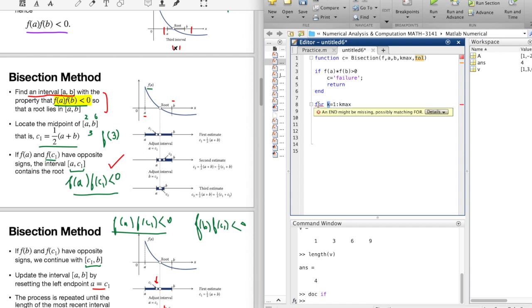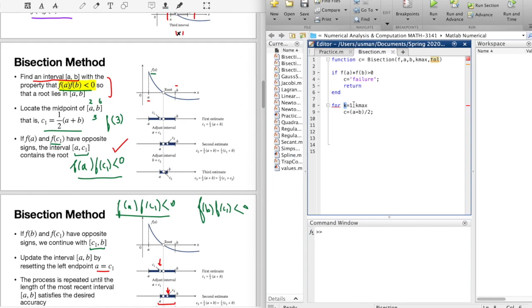It is reminding us that we have to use the end statement to close it also. As we have talked earlier, if we use any of the if else statements or the for or while loop, we have to use the end statement to finish them. That will start from the value of 1 and can go up to the value k max, which we have taken as an input,